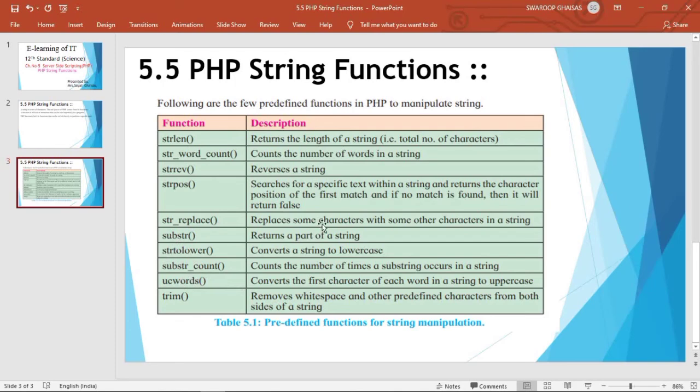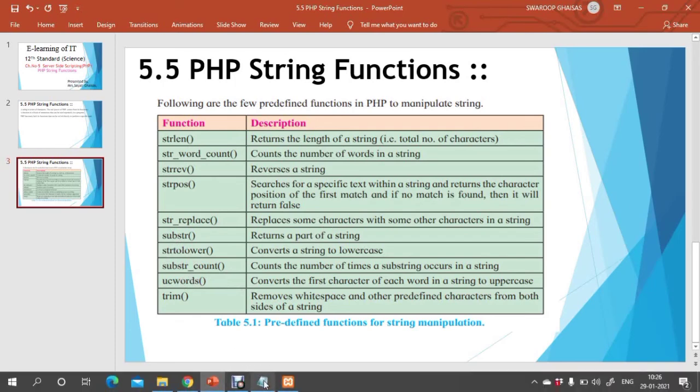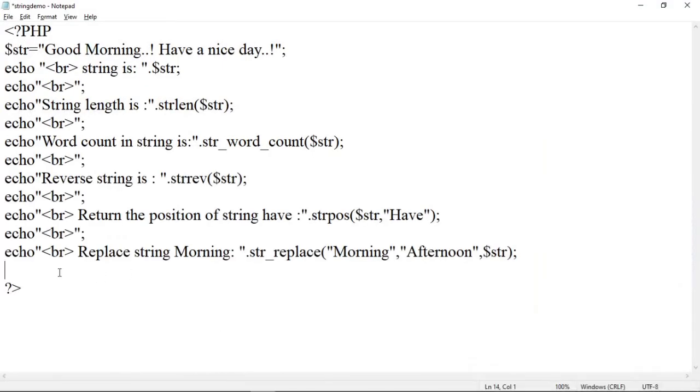Suppose strtolower. So here we will add an echo statement. After that again echo. Within that add a br tag to have the output on the next line. Use a statement that you want. Suppose "Convert string to lowercase".